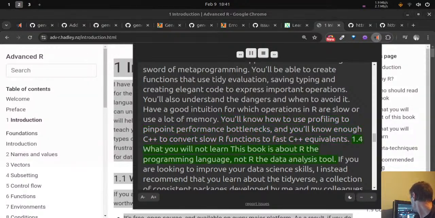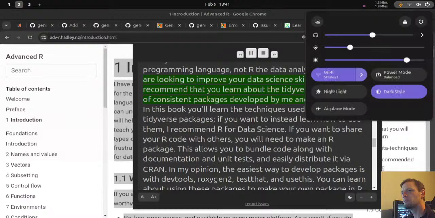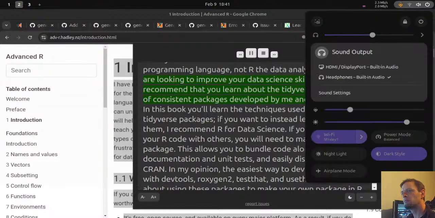1.4 What you will not learn. This book is about R the programming language, not R the data analysis tool. If you are looking to improve your data science skills, I instead recommend that you learn about the Tidyverse, a collection of consistent packages developed by me and my colleagues. In this book you will learn the techniques used to